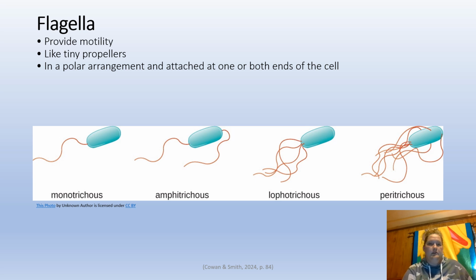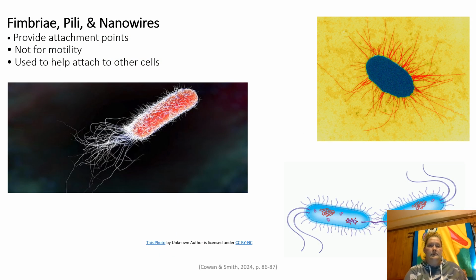All right, and also the flagella, I want to say that what it does is it helps the cell swim to another cell. When that cell finds another cell, a DNA transfer is going to happen. And how this works is, okay, the fimbriae and the pili and the nanowires, these are not for motility, they are for attachment. The fimbriae is like, just like on this first diagram I've got here on this slide,